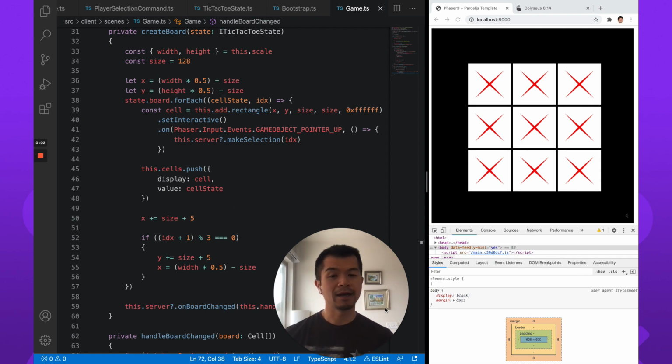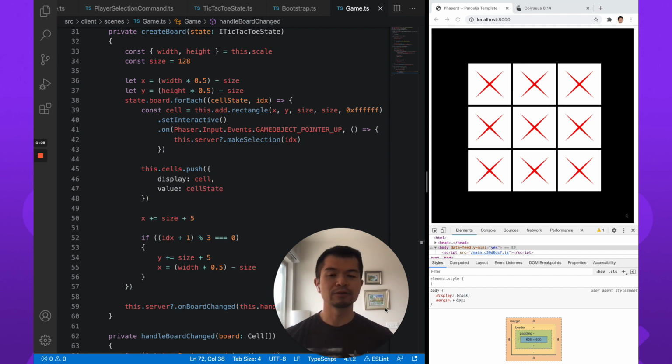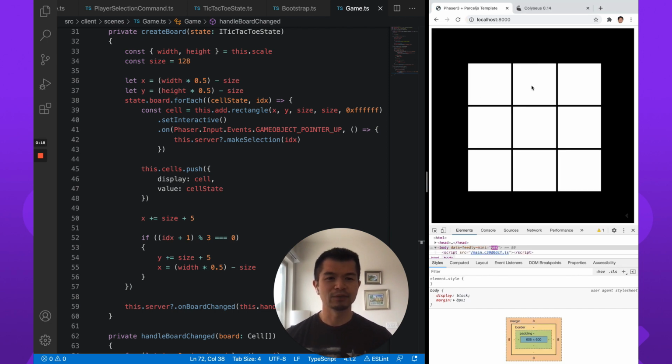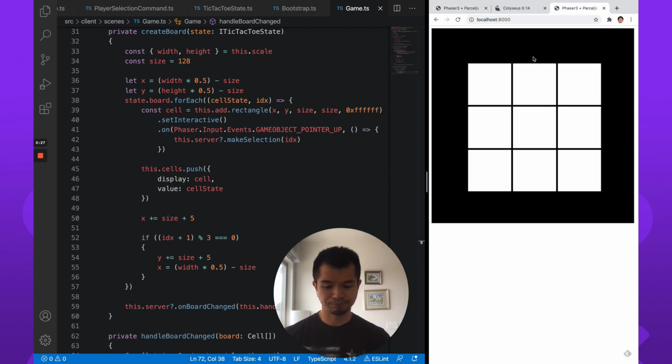Welcome back to Arcade. I am Super Tommy, and this is part 4 of our Tic-Tac-Toe multiplayer game with Phaser 3.50 and Colyseus series. Now, in the last part, we added drawing X's, so now I have all these X's here. But we handled drawing an X when you click on a square, and then actually if I connect another client here,